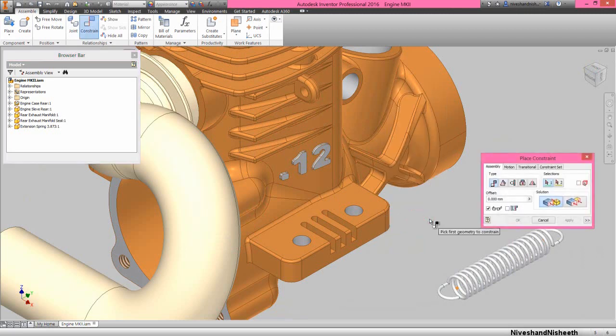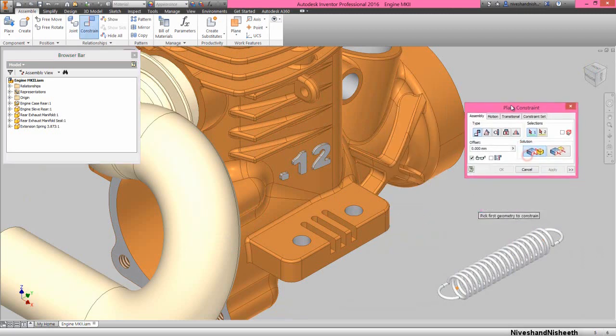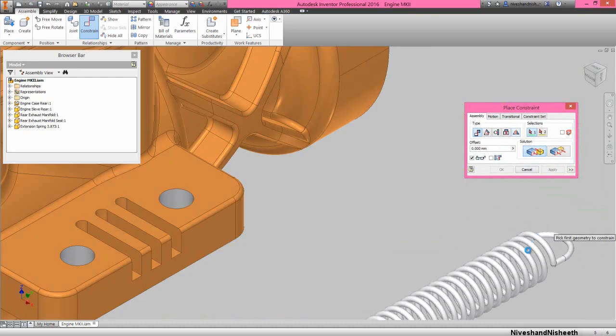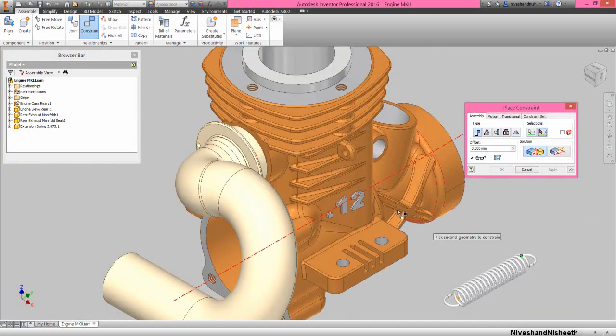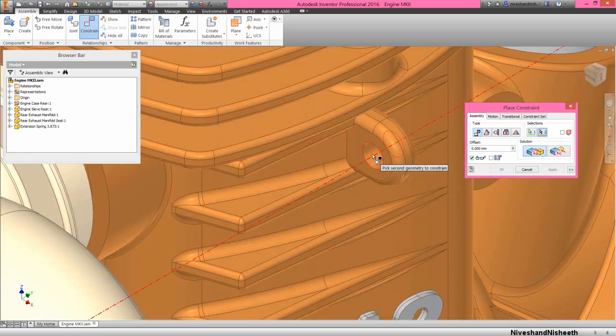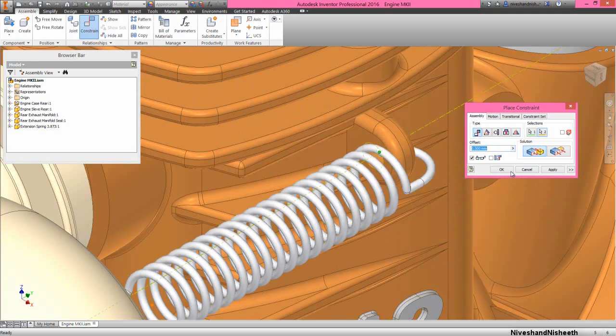Now we will activate the constraint command and select this circular edge of the center point. Okay, and select this hole axis and apply the mate constraint.